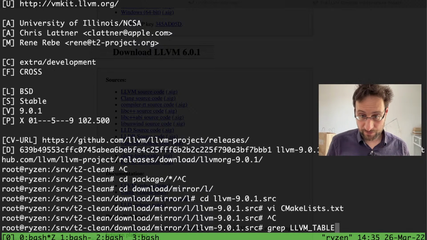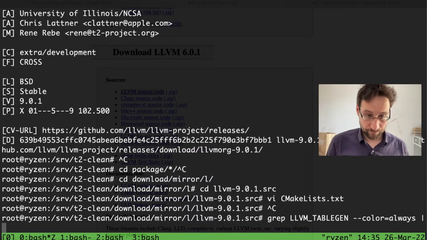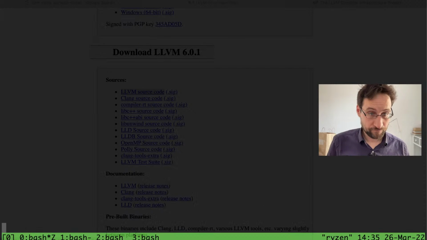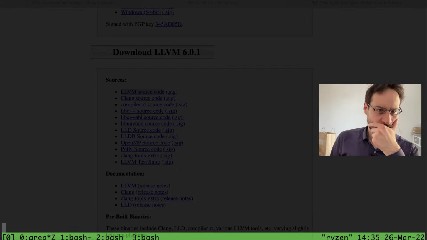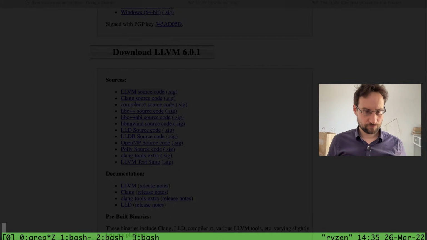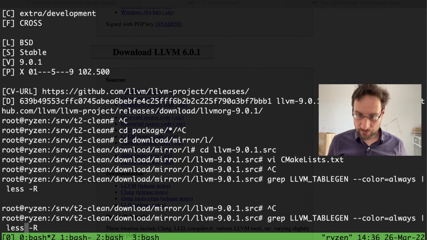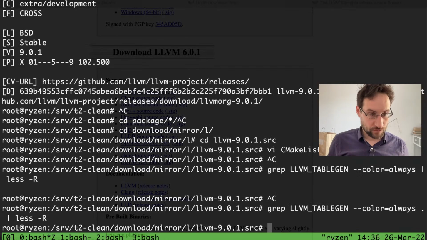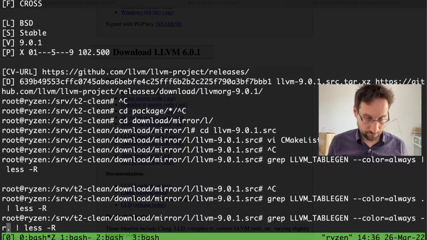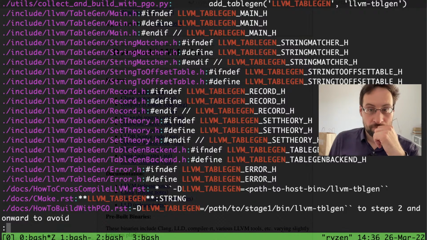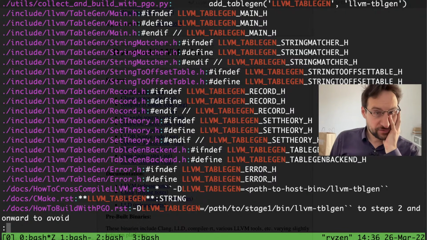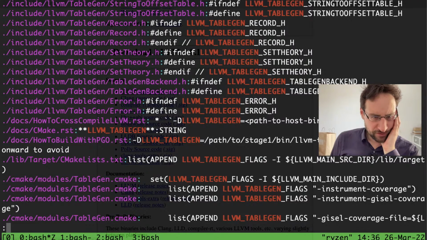LLVM table gen. Maybe, but this can't be, what am I overlooking?